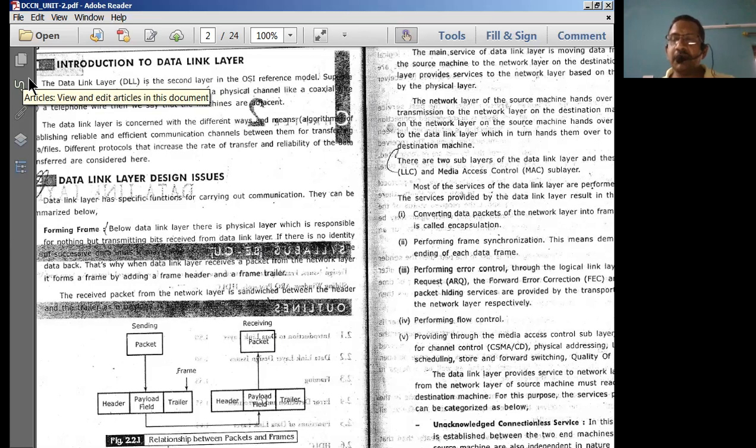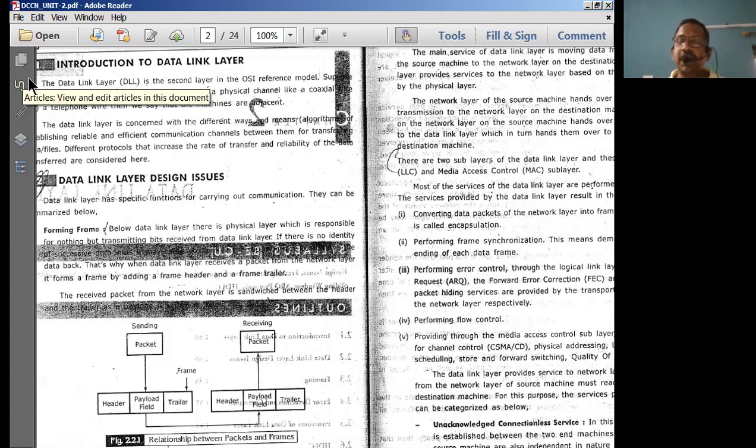Similarly, if the data is coming out of a network layer, the data is represented by packets. If the data is coming out of the data link layer, the data is represented as a frame. If the data is coming out of a physical layer, the data is represented as a bit stream, or symbols, or baud rate. So these are the representations of the data coming out of each and every layer.